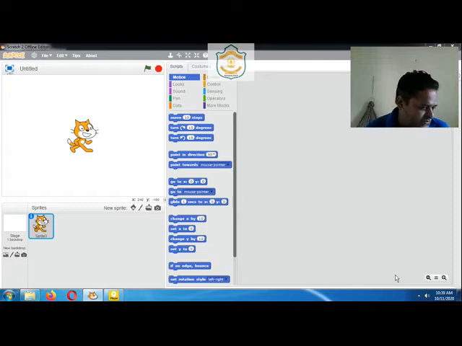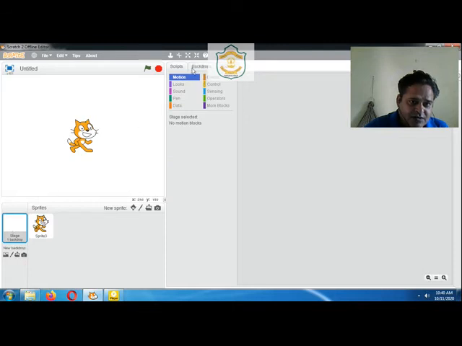So now the next component is the stage icon. Notice it here on the left side. This is called the stage icon, the stage area. When we click on it, it will replace this costume tab. Here, the backdrop tab will appear instead of the costume tab. Let's see how. Click here and now you can notice the backdrop tab is placed in place of the costume tab.